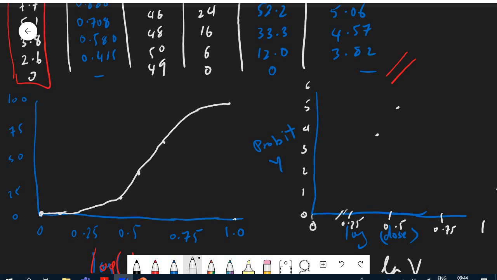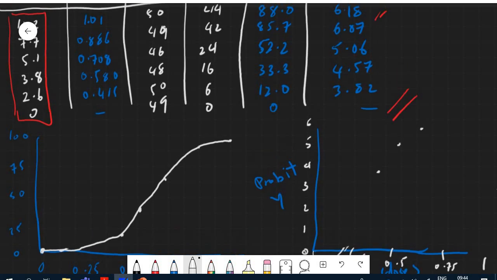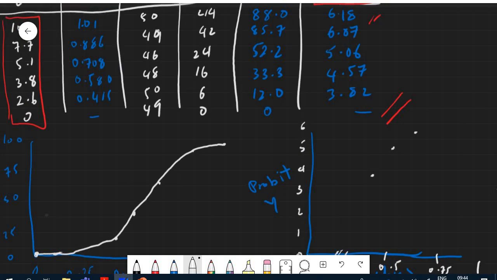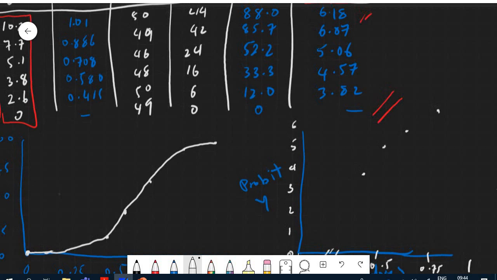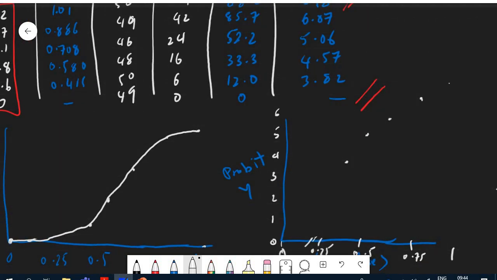0.7 with 5.06, so that is not as good as what we expected as a straight line. And then we have 0.886 with 6.07 somewhere here. Okay, and then we have like 6.18 for 1.01 somewhere here. So if you just want to draw a line like that by our eyes,